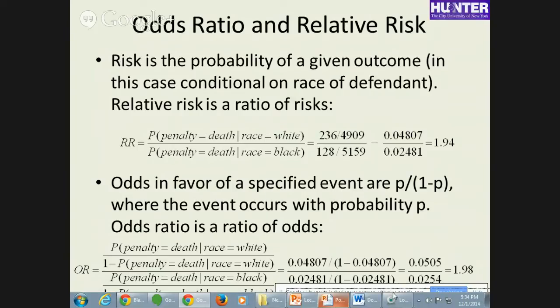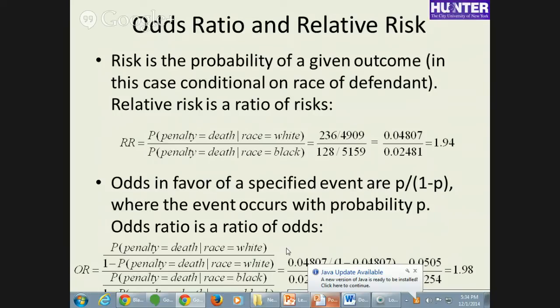Good question. So I would read this as saying, it'd be hard to do it without saying odds ratio. The odds ratio of receiving the death penalty for white defendants compared to black defendants is 1.98. So the odds of a white defendant receiving the death penalty are 1.98 times larger than the odds for a black defendant. Did you say that